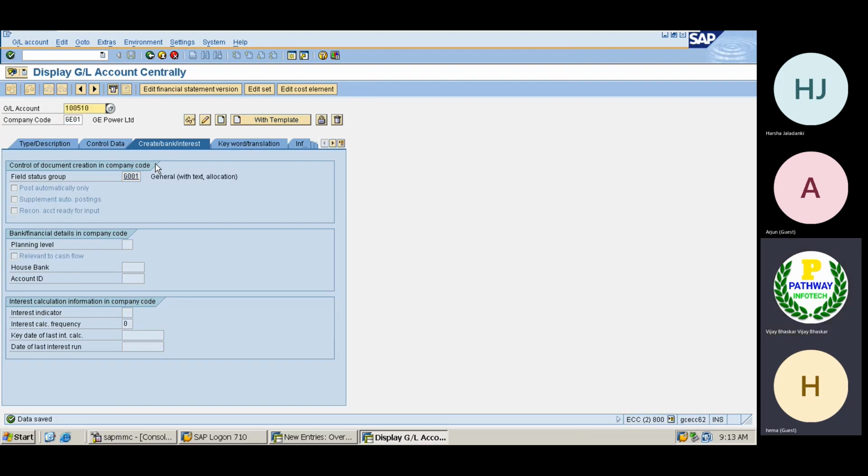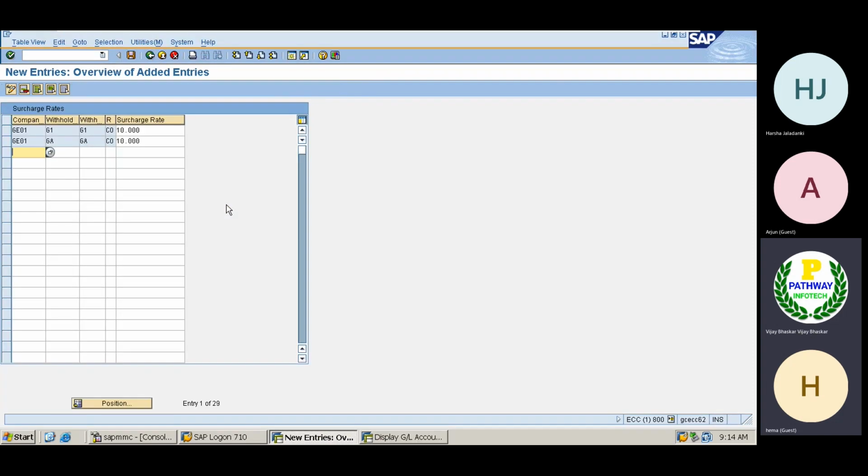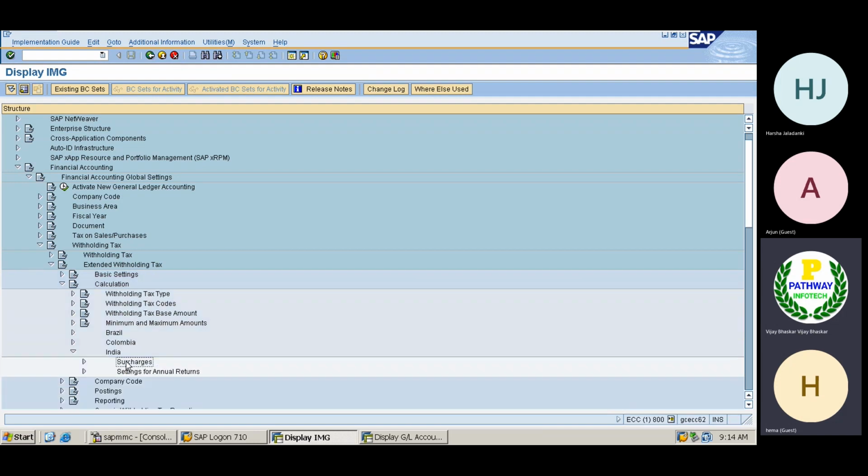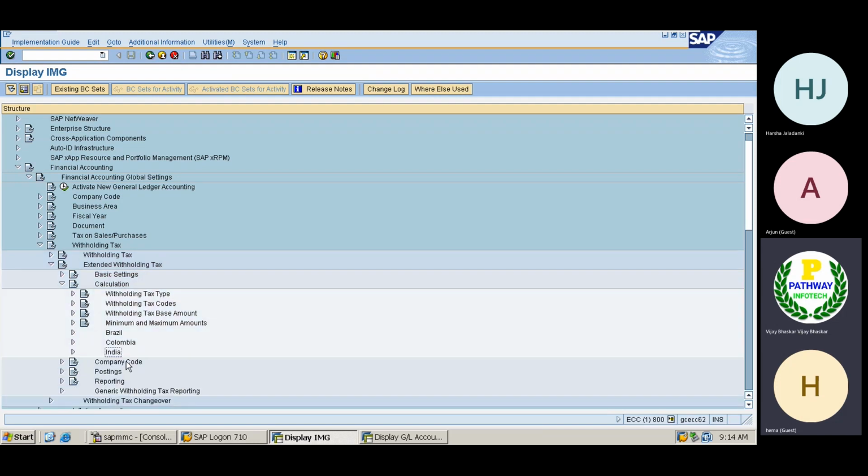Okay, what we have done, we have done the configuration. We have created the GL accounts. Then for accounts for which I want automatic postings, it means when I am going to post withholding tax, the system has to determine the GL account automatically, without manual intervention. Then